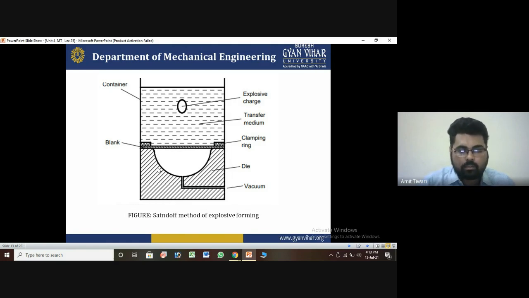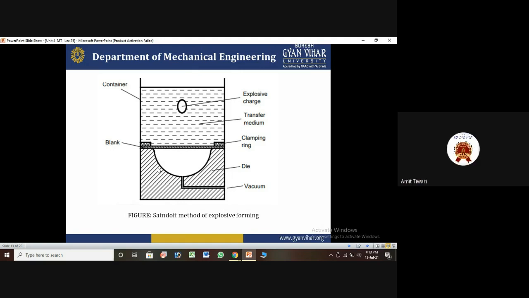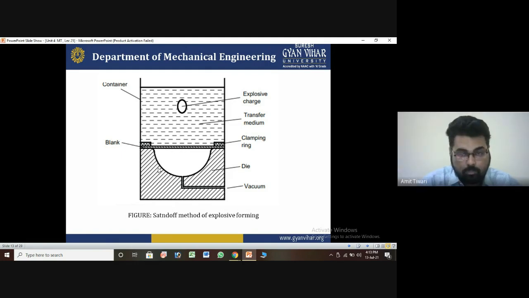Now the blank is to be used for when the blank area is there, you can put the material, fixed by the clamping ring, and it is used for cleaning purposes first of all. Then it will be used for removing some of the moisture available on the surface, and it will be removed afterwards by heating the element, and then again continuously we can drop the cold water, and again give the explosive charges, and make the unit different component. So these are some techniques which we adopted for the manufacturing of the material using the standoff method of explosive forming.